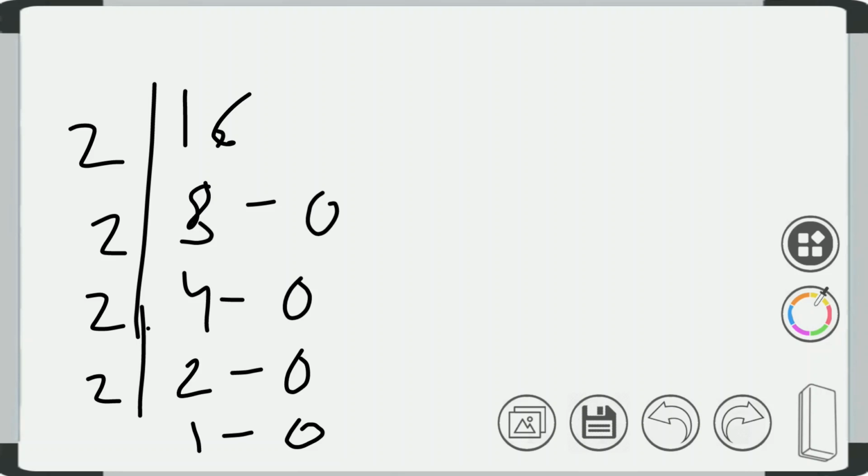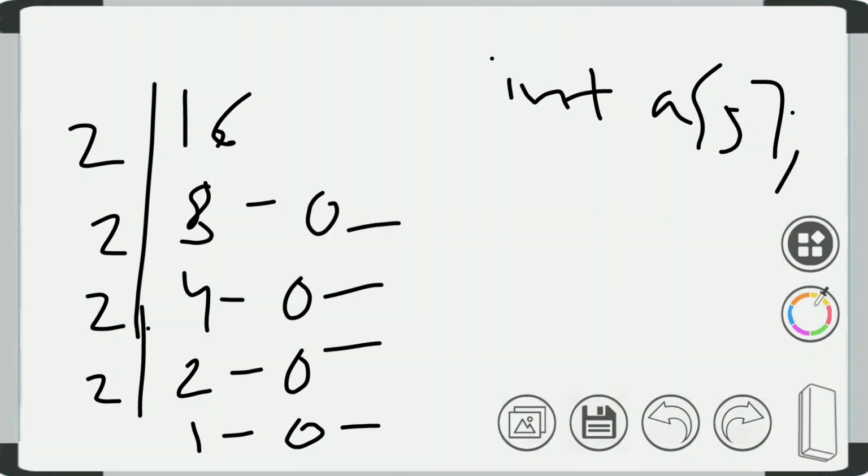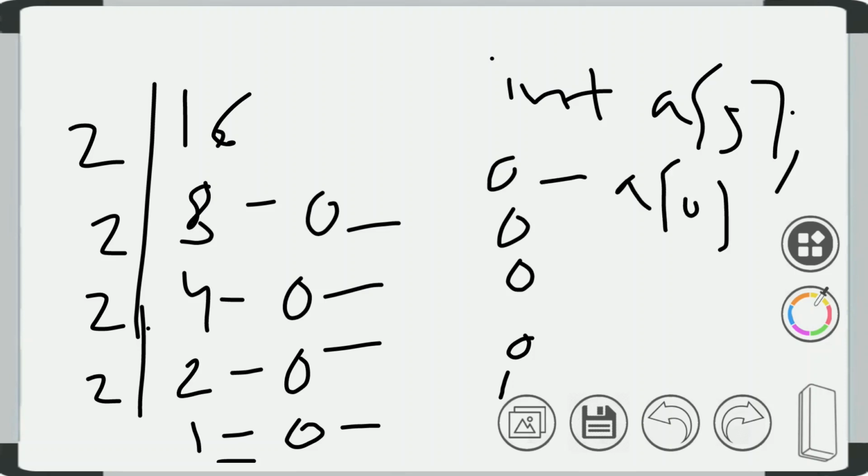First of all, we declare an array in the program, that is int a[5]. Now all these values will be stored in the array, that is 0 0 0 0 1. This starts from a[0], this will be a[1] and this will be a[4].